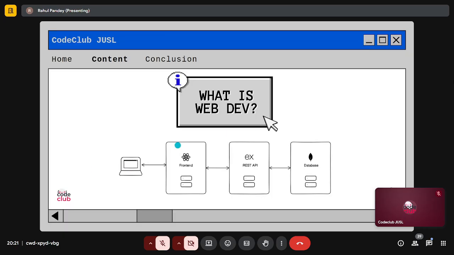So as web developers, our responsibility is the content that is being served here from the front end, and then the data that the REST API is providing the front end, and the data in our database. And this is a very simple overview of what a system could be, but as the number of users grows and you need to scale your website, you probably won't have just a single machine running your front end and one running your API and one database.